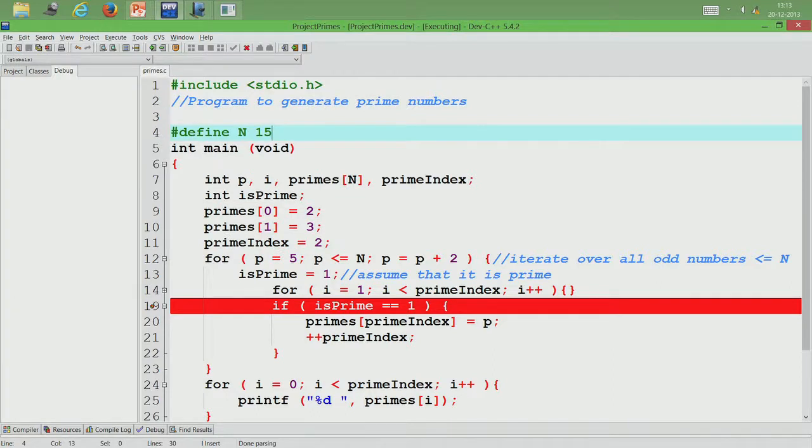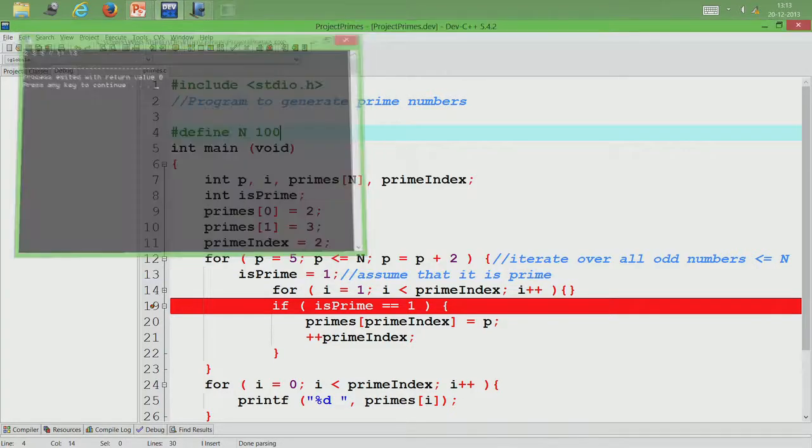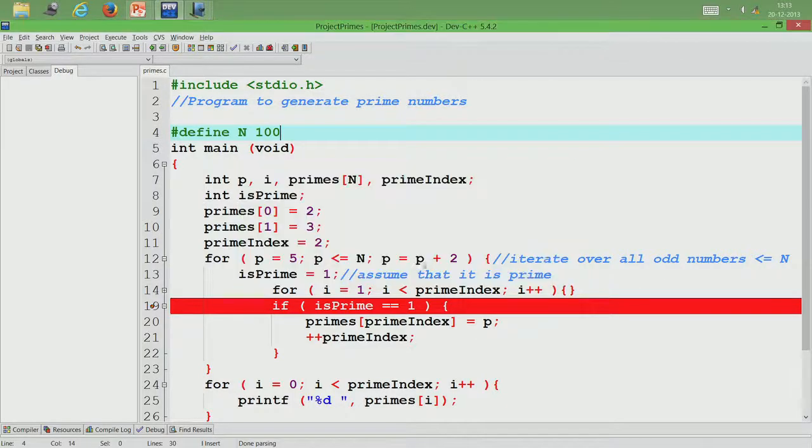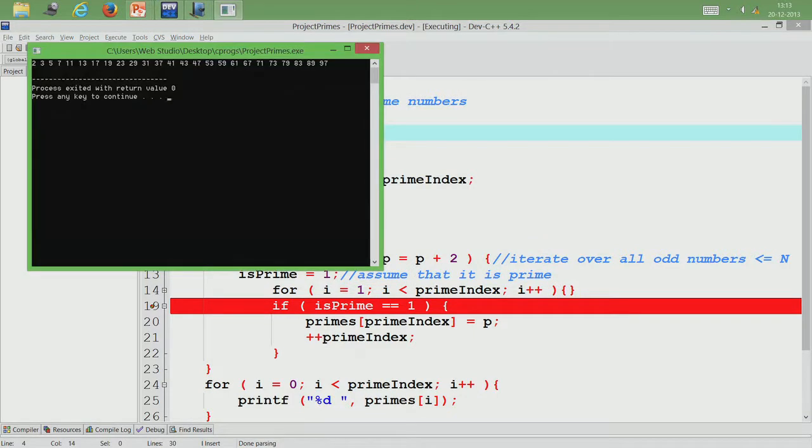Then let us say I want to change this number and I want whatever is prime in the first 100 integers, I want to print those. I change n to 100, I save it, I compile it first, right. So, I compile it and then I run it. You can see that numbers are starting from 2, it goes from 3, 5, 7, 11 and so on up till 97. So, this is what I was talking about earlier. Usually you test your program with small values and once you are comfortable about that, then you go ahead and put larger values.